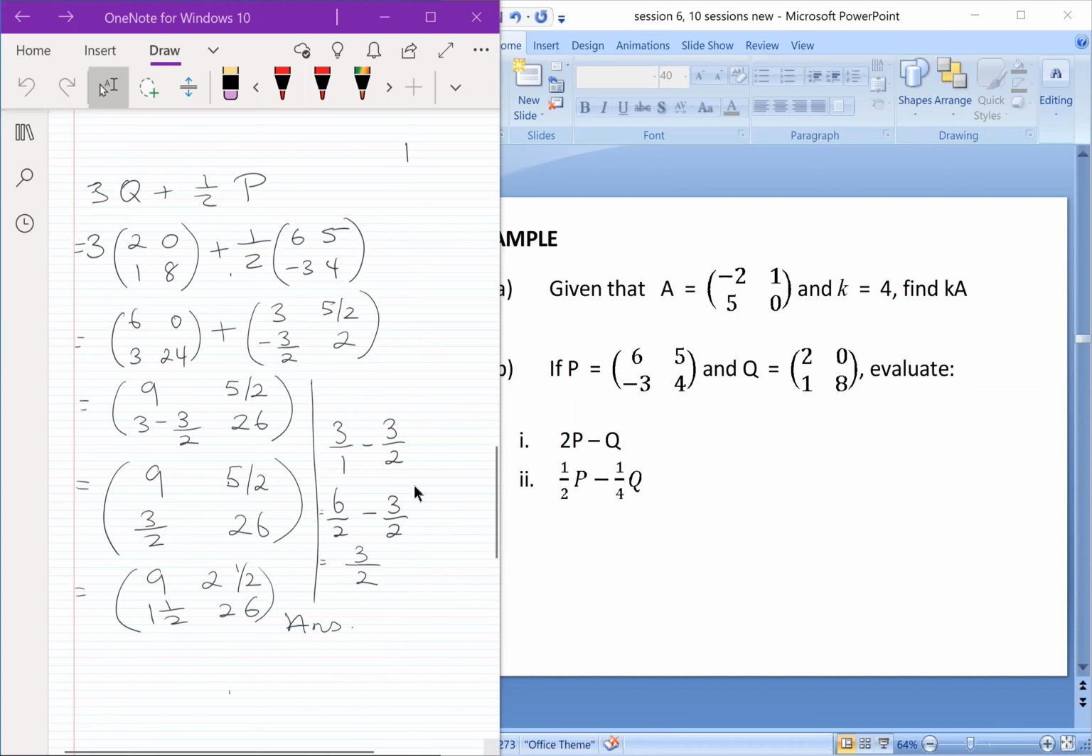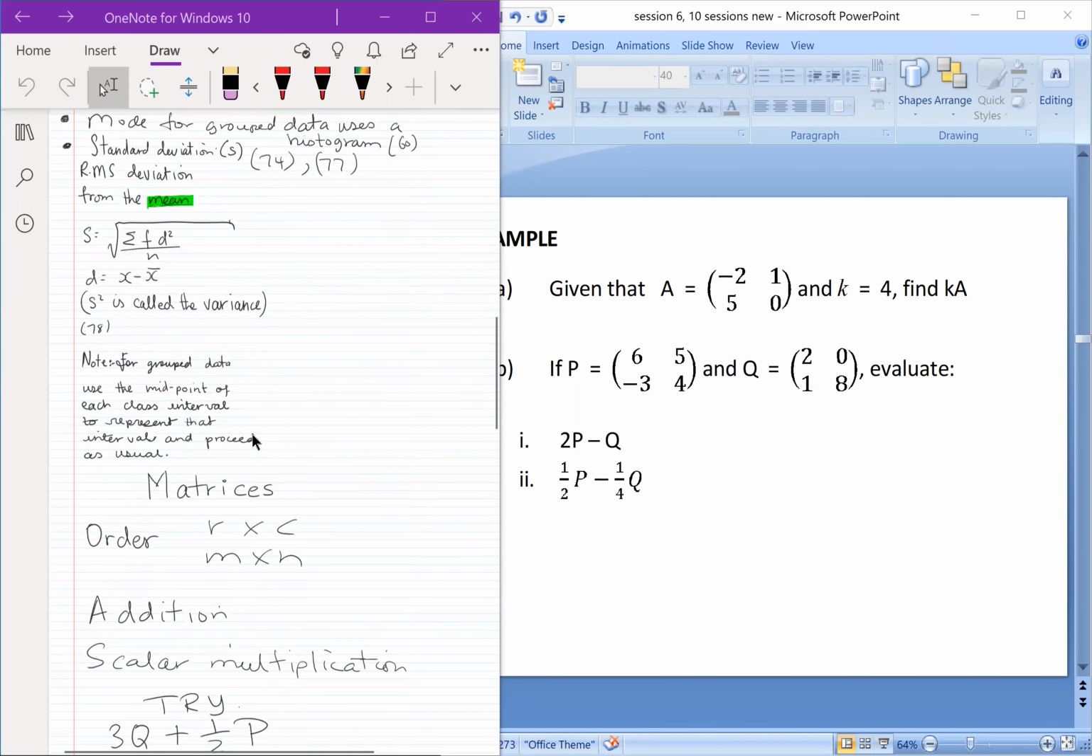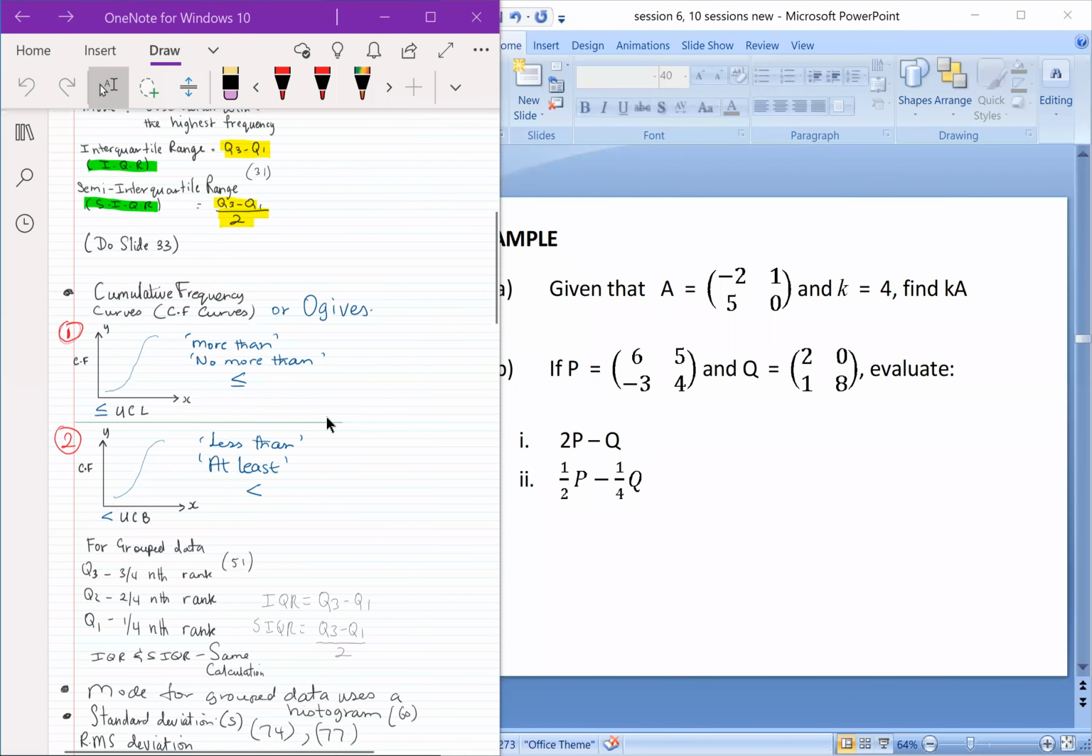All right. So that would basically close off your matrices for this session. But I just wanted to go back up quickly to this here. I didn't mention something to you that I wanted to, and I'll do it now. Right. And what it says is that when we are doing the cumulative frequency